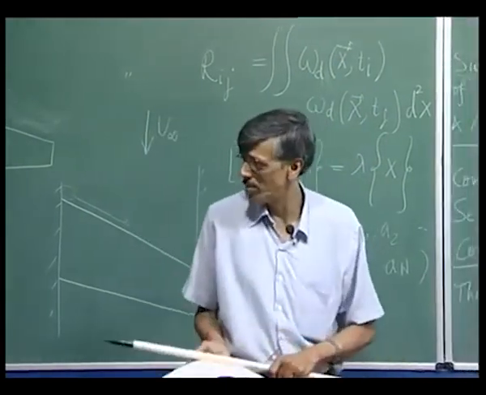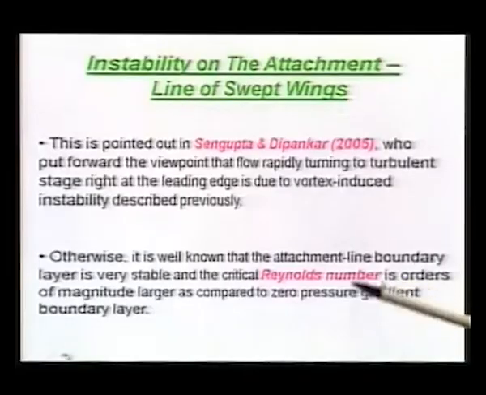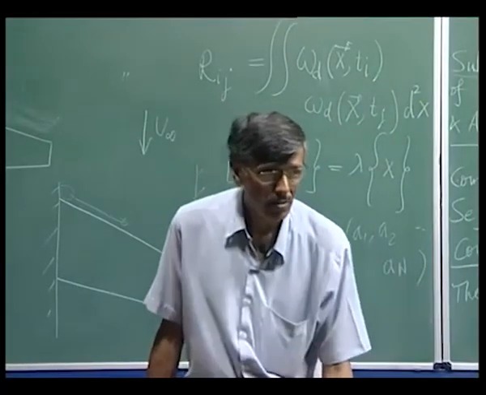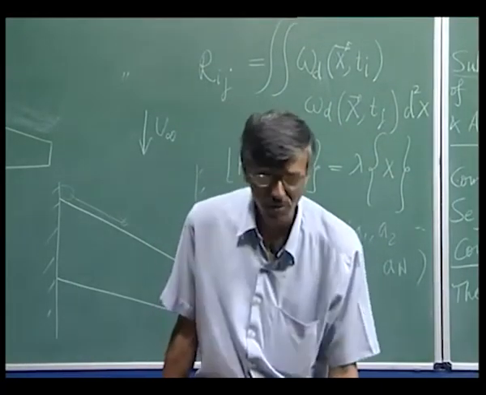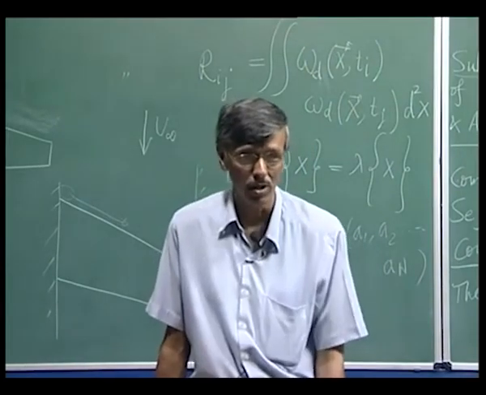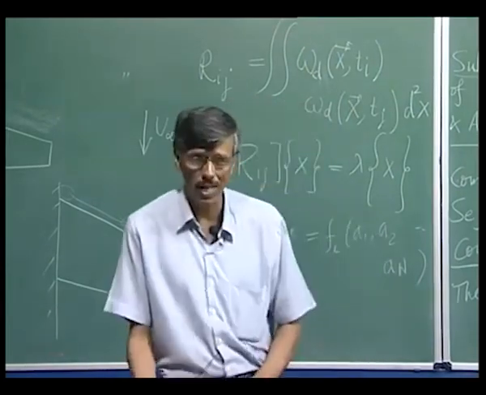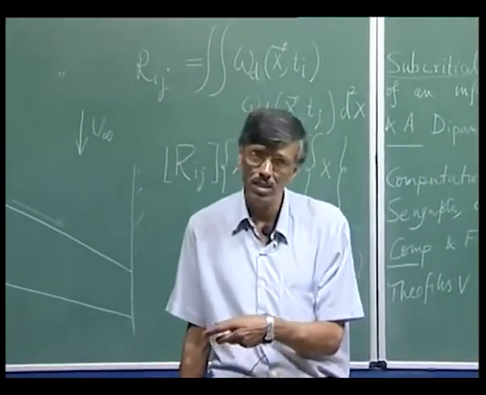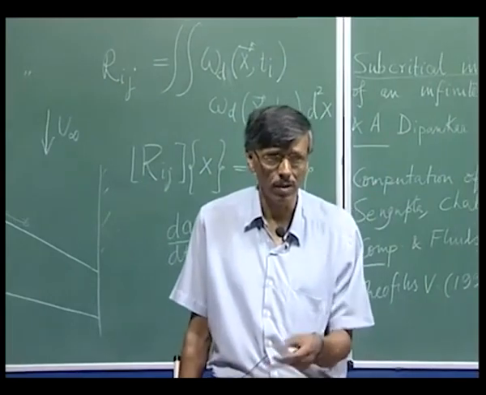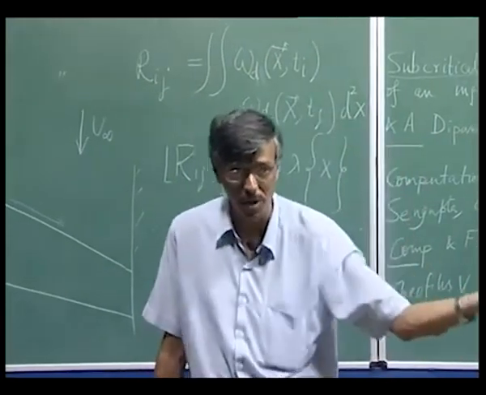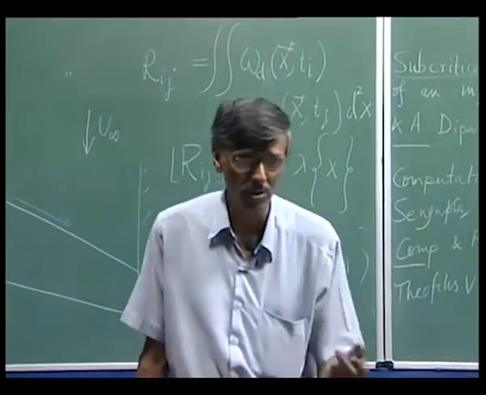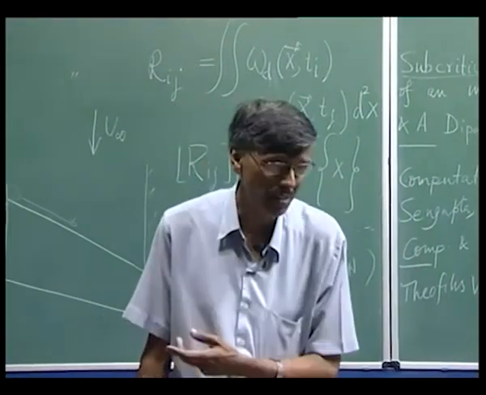So it is slightly more stable, but what is being said here relates to comparing the 2D stagnation point flow versus the zero pressure gradient boundary layer. So, 520 versus greater than 10,000. Whereas if I look at the stagnation point flow instability versus attachment line instability, it is not greatly different. It is also greatly different, because for stagnation point two-dimensional flow it is more than 10,000. For attachment line flow, it is 583.